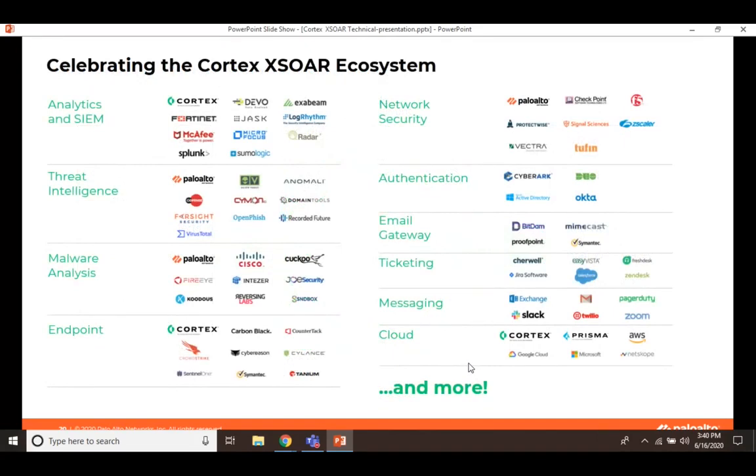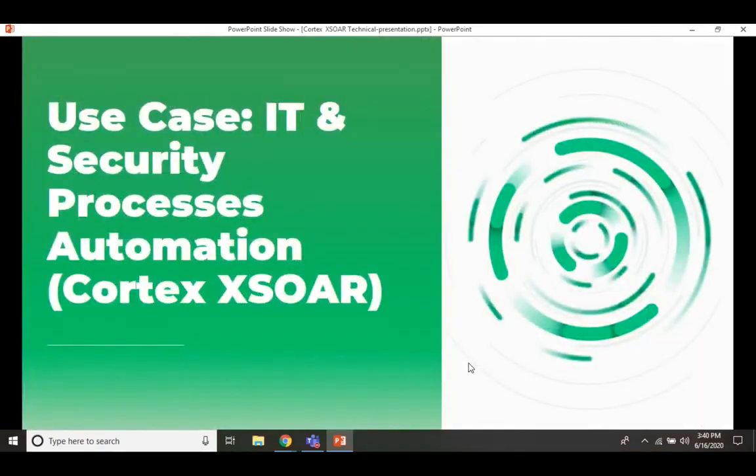Yeah. So here you can see what kind of integrations are available with Cortex XSOAR. It's in different domains: analytics and SIEM, threat intel, malware analysis, endpoint, network security, authentication, email gateway, ticketing, and whatnot, and many more. So one of the use cases: we'll look into the use cases quickly as to what Cortex XSOAR can do majorly for the security operations team. It is IT and security process automation, or more of organizing the people and processes